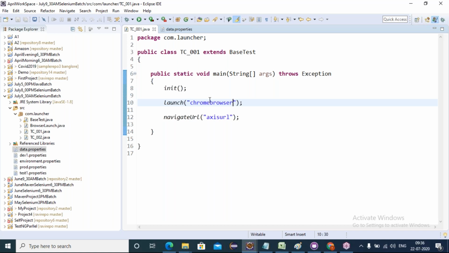In that new profile we don't have any settings, so for that reason we have to create our own profile. You must keep the browser in your control by creating the profiling concept.